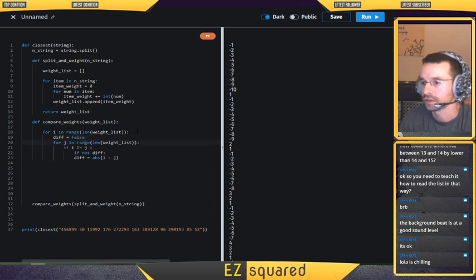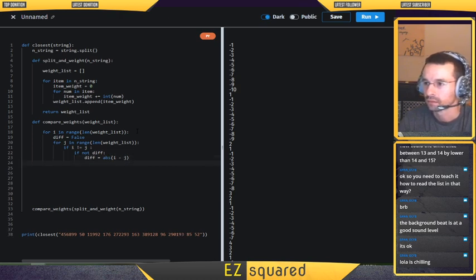We're just going to give this an initial value here so that we don't have to give it a number. If not diff, so I mean if we haven't already set a diff, then diff equals that. Else,